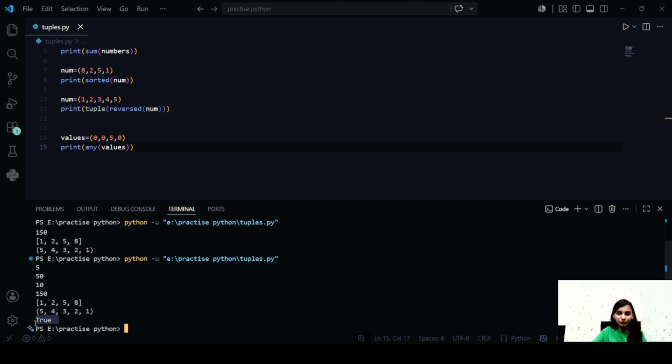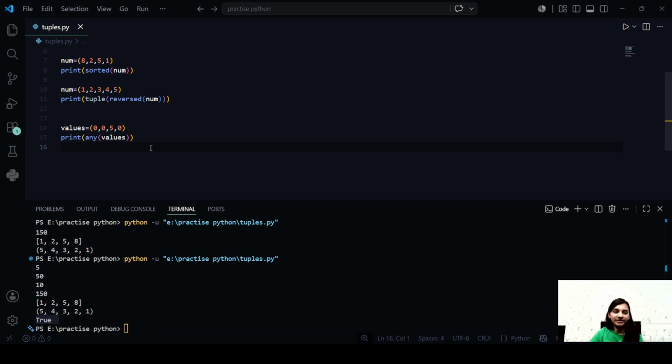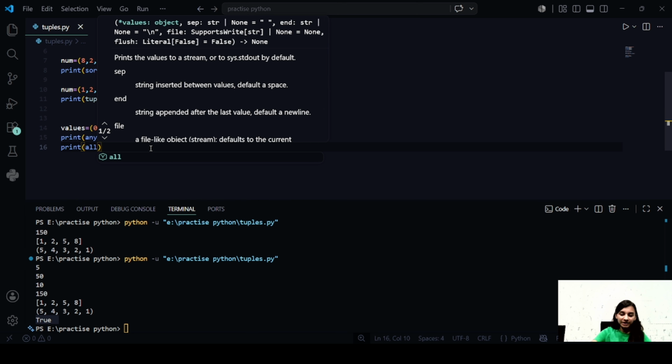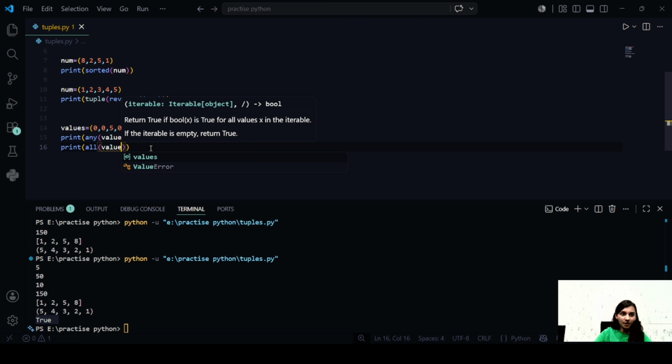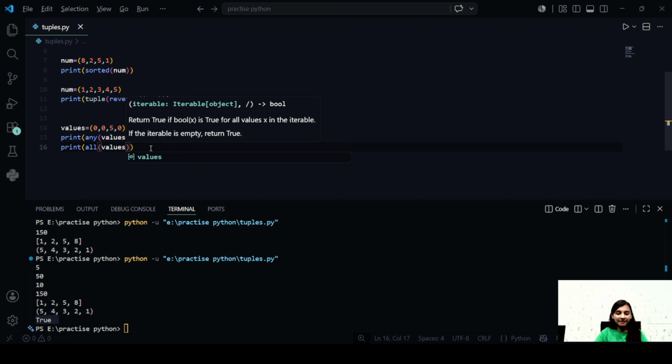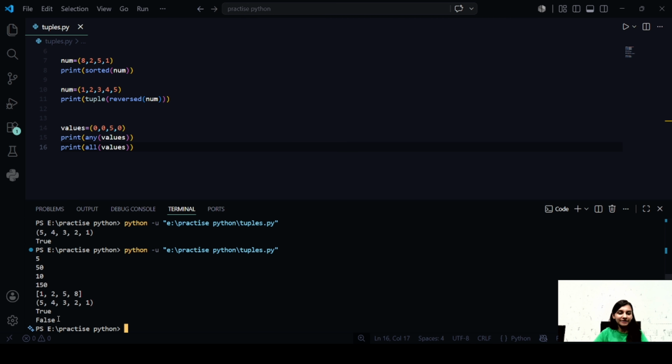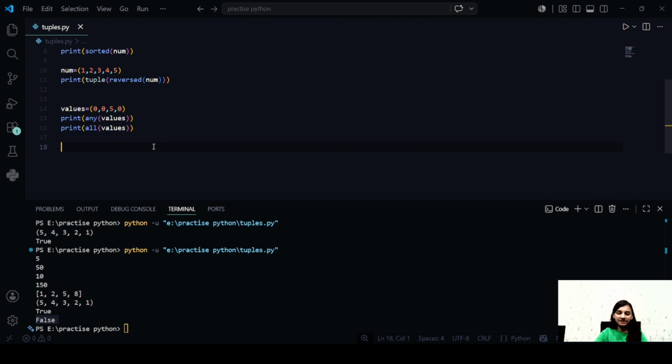So we get a true because there is at least one non-empty element, right? There is one element which is truthy and it is 5 here. If we try to print all, we'll get a false because for all we need every element to be a truthy value. I hope it is clear.